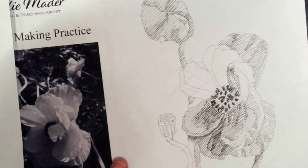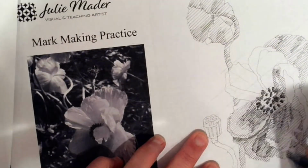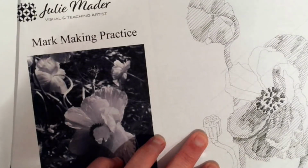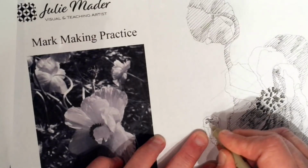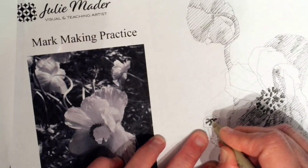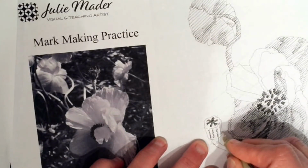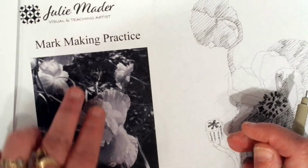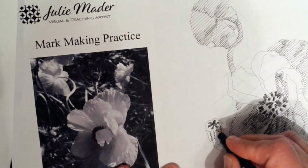Getting there. Okay, so on the pod, this is a really dark area in here. I'm going to use a bolder stroke there. It has these little dark lines coming up. And yeah, this isn't the same pod as that, but artistic license can do that. It's a great thing, isn't it? Alright, I'm going to...